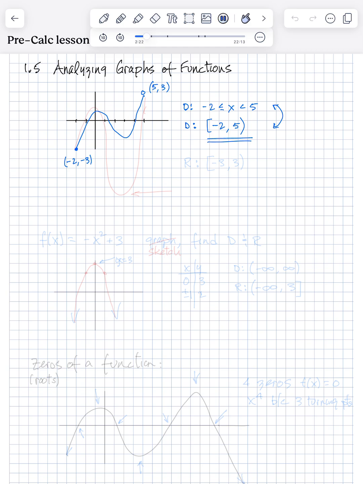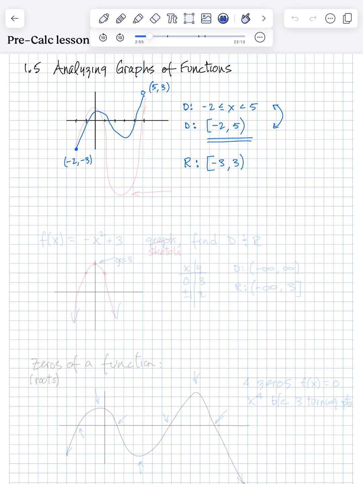Now let's see if we can identify what the range is. The range goes from the bottom to the top, so we can put -3, comma, 3, and then this is going to be a parenthesis. So there's the range. Now, a lot of times you don't know what the range is if you haven't graphed it. For example,